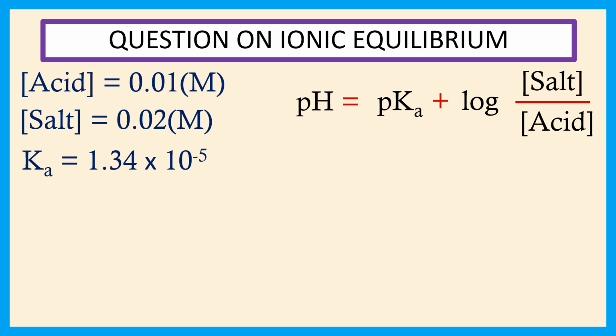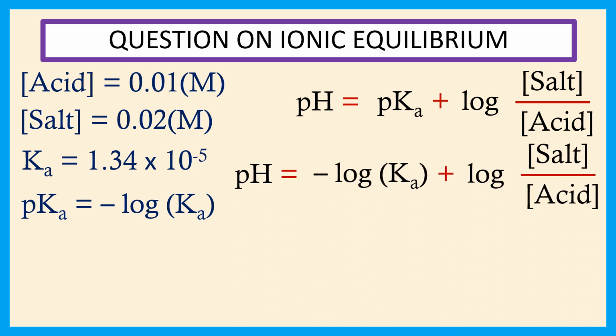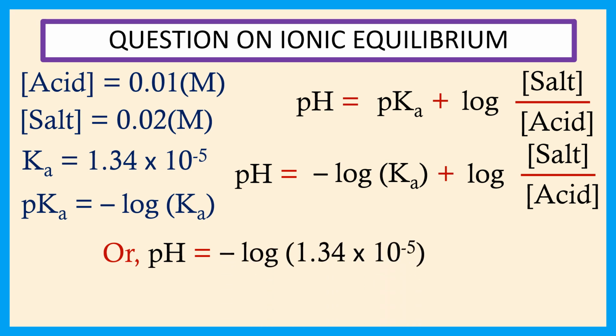Therefore, pH is equal to pKa plus log concentration of salt by concentration of acid. We know that pKa is equal to minus log Ka. So, pH is equal to minus log Ka plus log concentration of salt by concentration of acid, or pH is equal to minus log